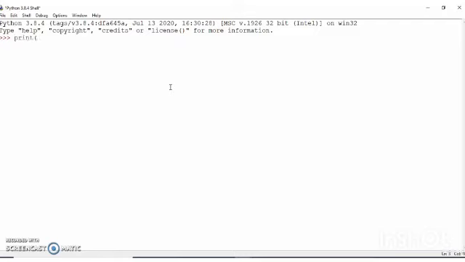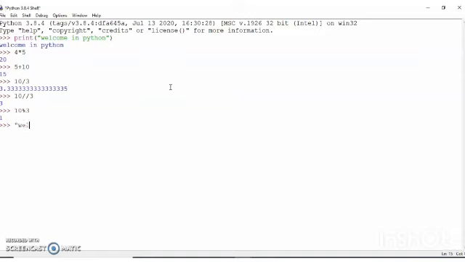For example, I write a statement, print "welcome in Python". This is my string. As I press the enter key, it immediately gives the response. In the same manner, you can run different types of statements here. 4 multiplied by 5 gives the result 20. 5 plus 10 gives 15. 10 division 3 divides 10 by 3. 10 quotient 3: when you divide 10 by 3, it gives you the quotient, and it also gives you the remainder value.